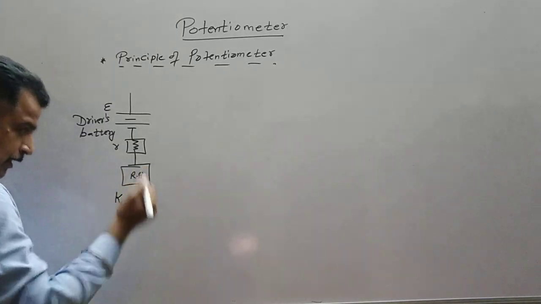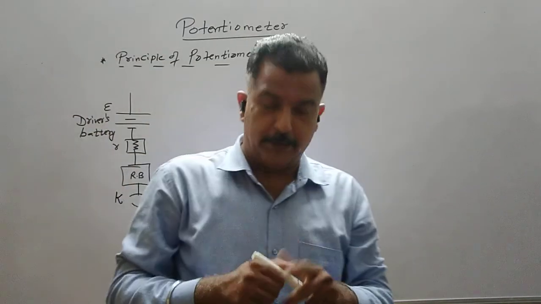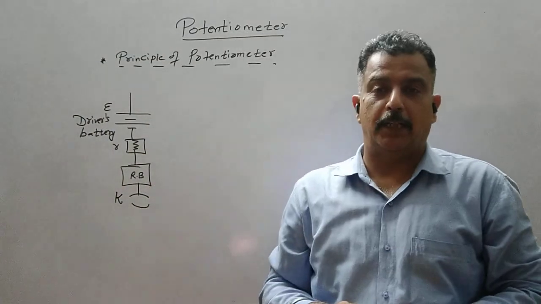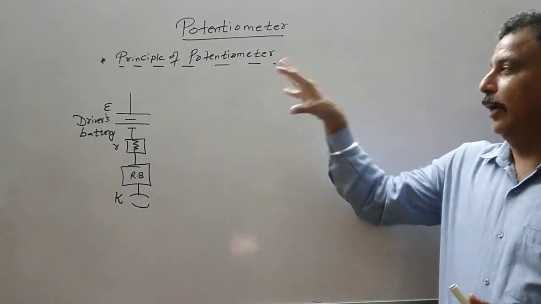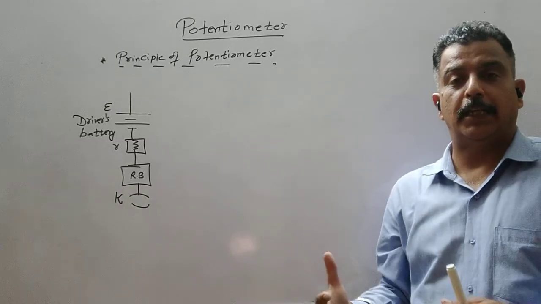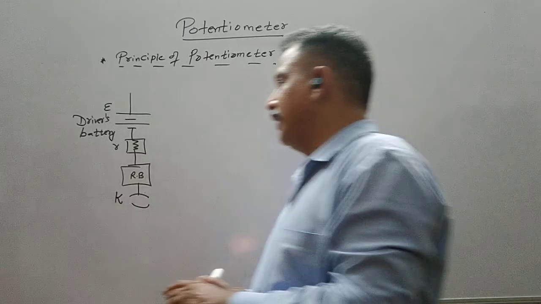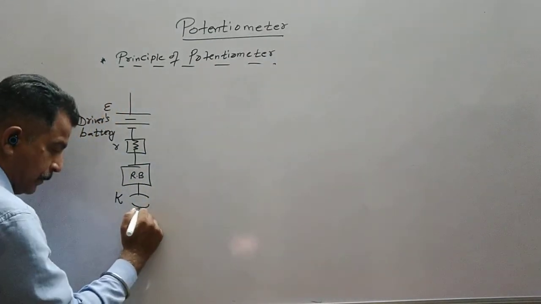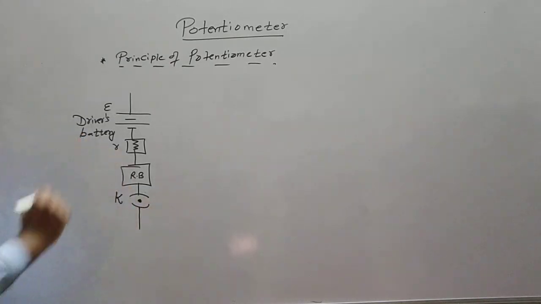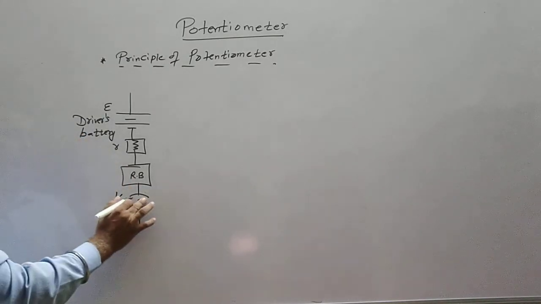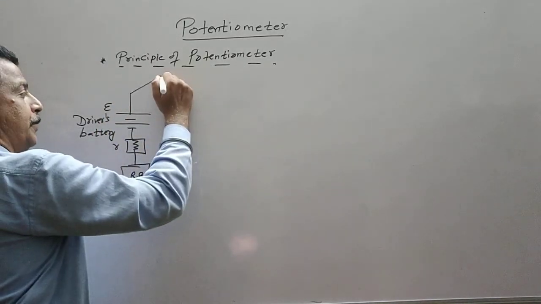A resistance box for the time being is a variable resistance which we can set as required, and we have a key. So this device, the potentiometer, you will come across in the practical. When you go for the practical, we have this practical on how to measure the EMF or how to measure the internal resistance. So it is a simple arrangement. This is a key. This dot indicates that the key is closed, and if I don't put a dot, the circuit is open, meaning the current does not flow through it.